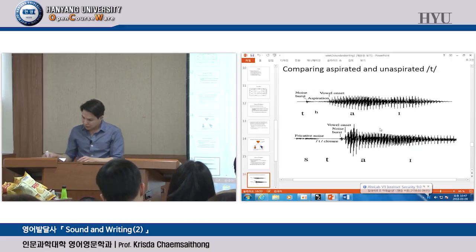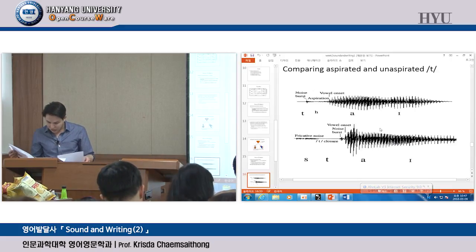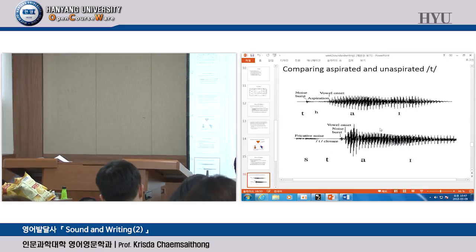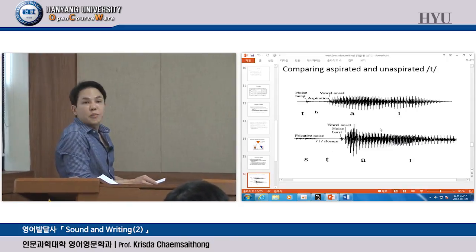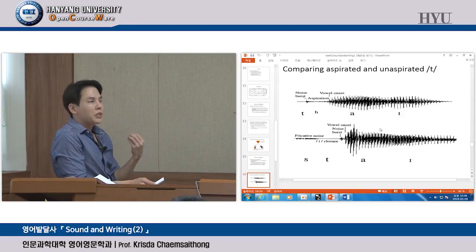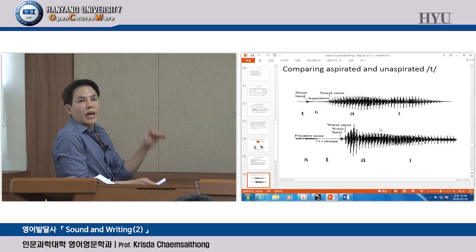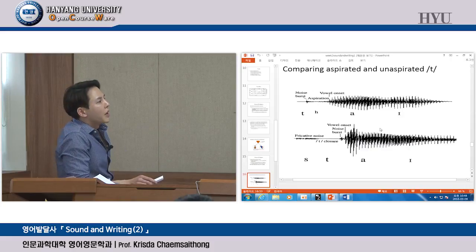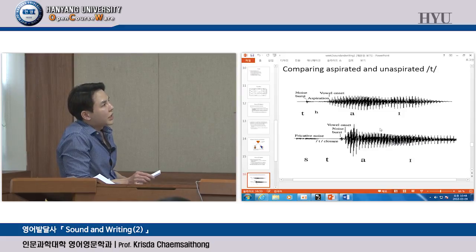In terms of real representation, this is what we call a sound spectrogram, right? This is a sound spectrogram. When we speak, speech sounds actually consist of different sound waves like this, right? So this is the word tie, with T as an aspirated version of it, and this is sty, right? Tie and sty. So here you see the aspiration,